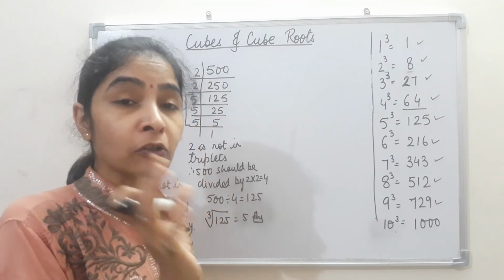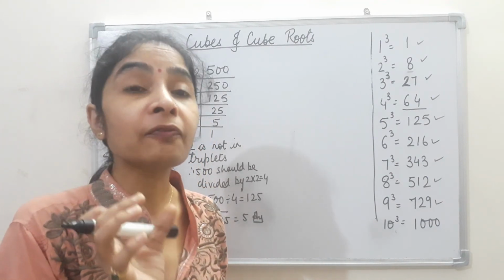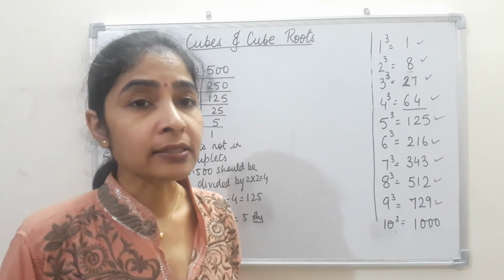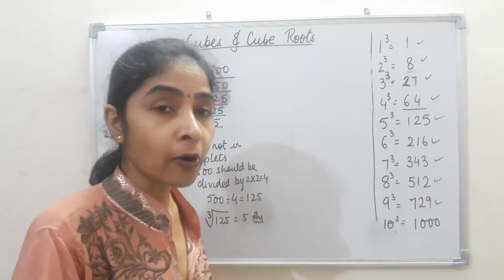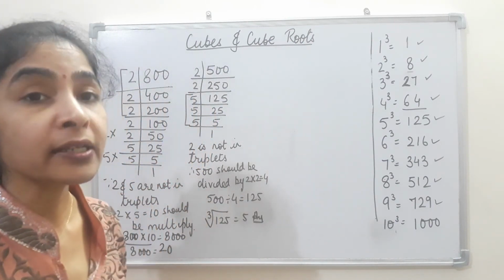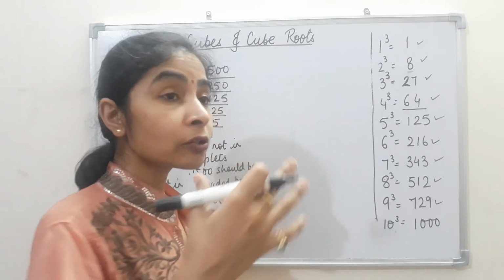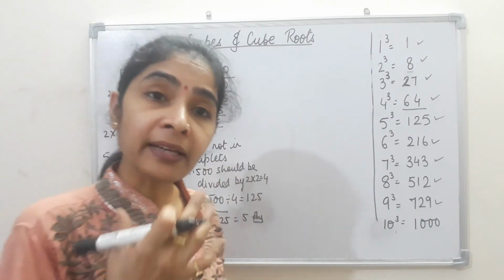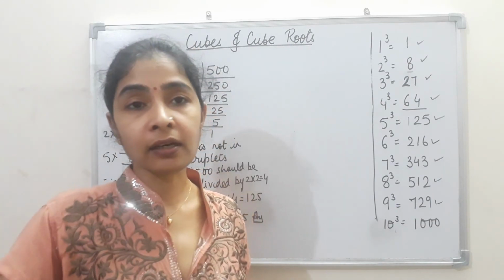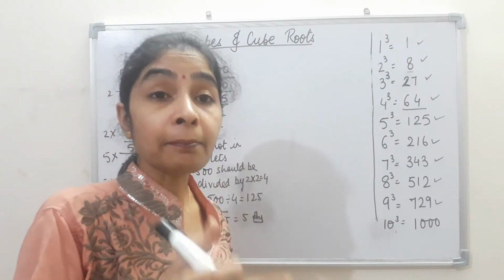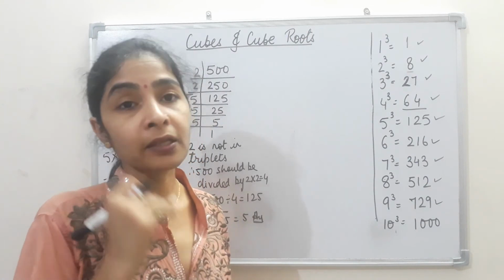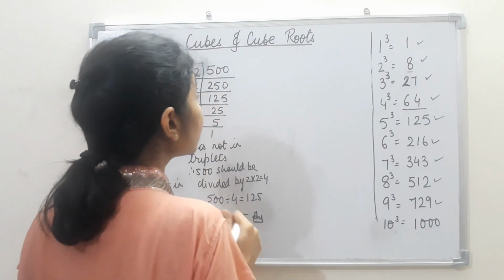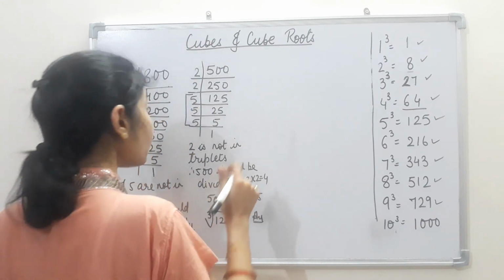So the volume of the cube should be a perfect cube number. Okay, so that kind of questions are asked, that how many such cuboids, the measurements of the cuboids are given to us, should be joined so that we get a cube. By joining the cuboids we can make a cube. But the number that should come as the volume should be a perfect cube. Sometimes questions like these are also asked, that how many cuboids of sides 4 centimeter,